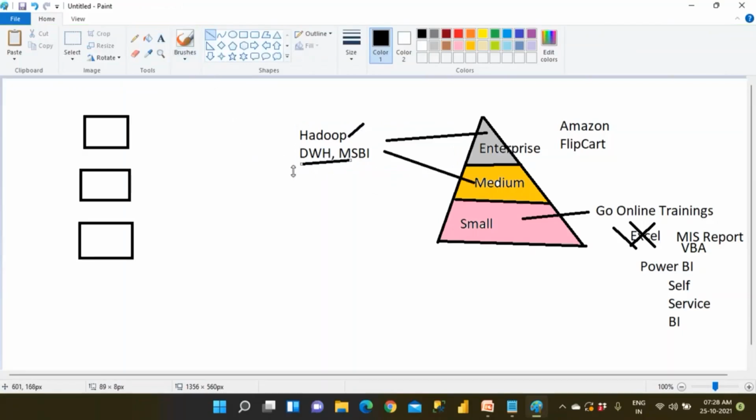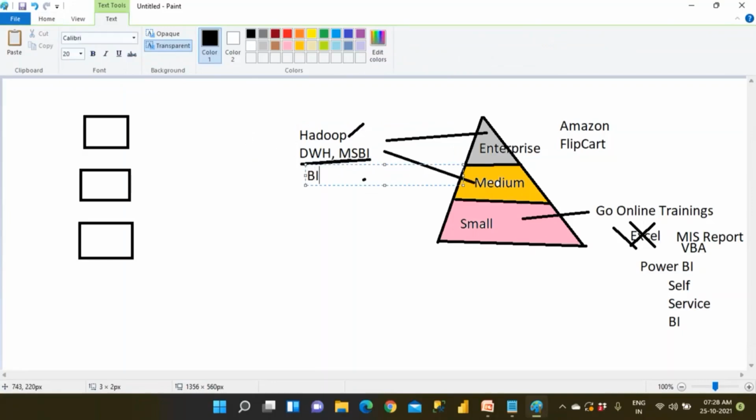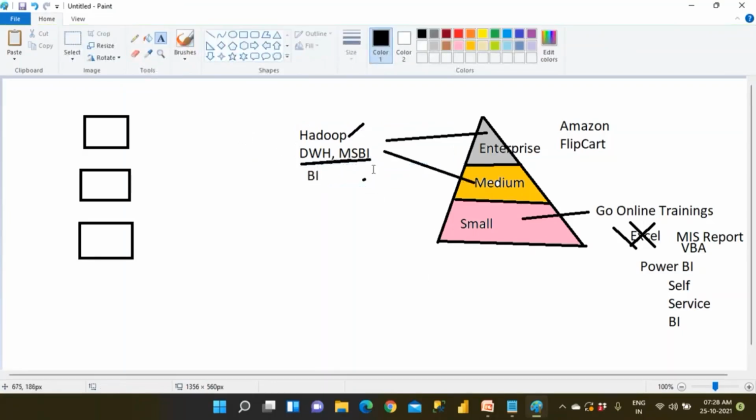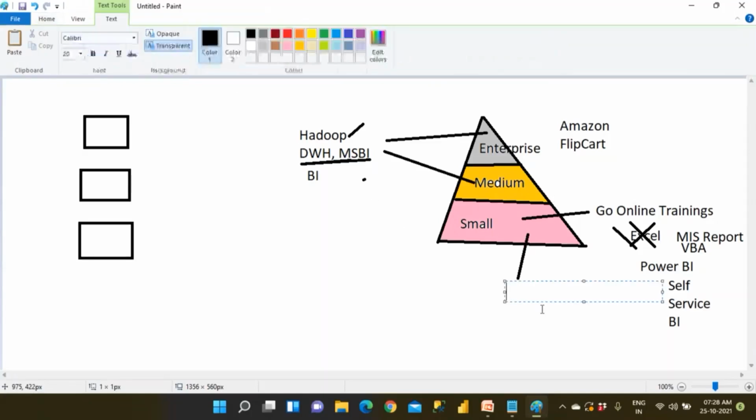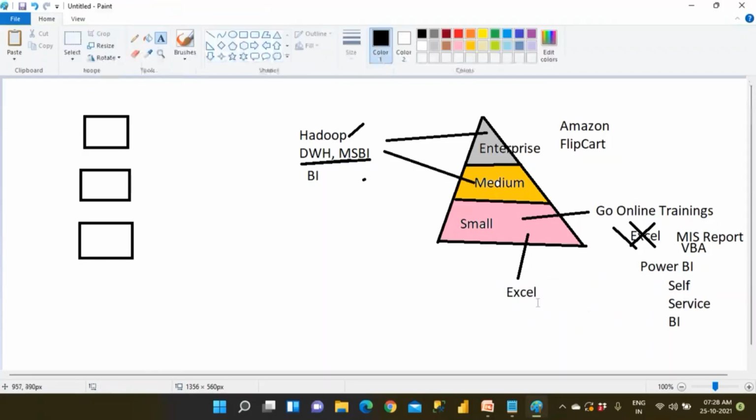So these two are called what? These two are called BI. One is big data Hadoop. The second platform for them is BI. Clear? So BI means what? MSBI is going to be storing the data where? In a data warehouse. So where are the small companies going to store the data? Maximum times these companies are going to store the data in Excel only. You take the data in Excel, create better reports, and give it. So this was the story of why Microsoft released Power BI into the market.